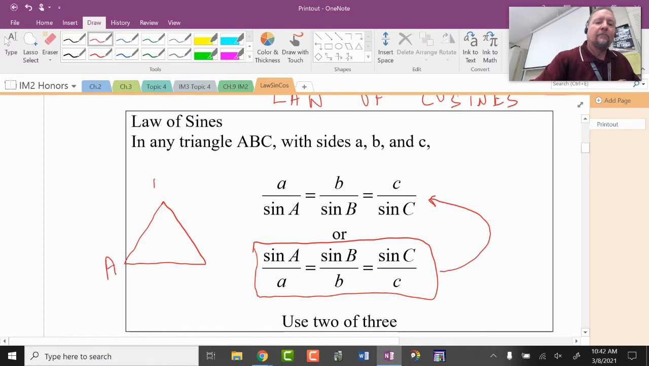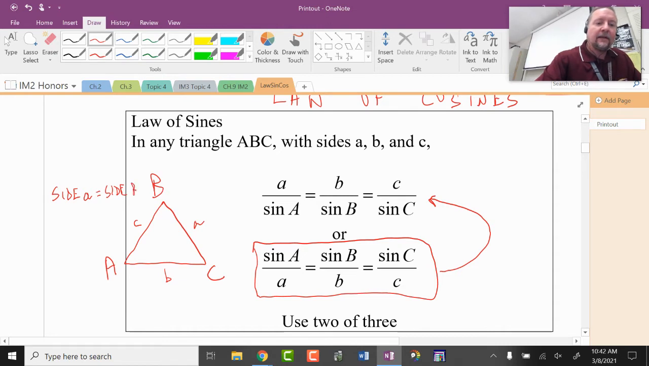Triangle A, B, C. This is side A. This is side B. This is side C. But I also have questions in my worksheet where not only do I call this side A, it might also say side, that's an A. I don't know why it turned into a D. That is also side